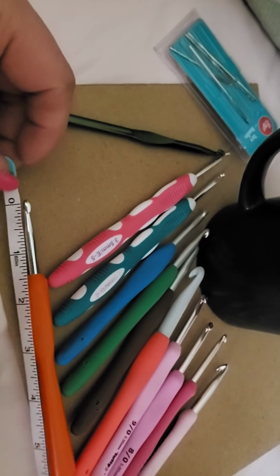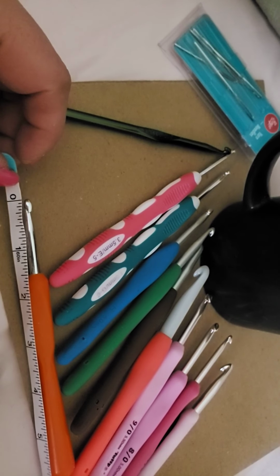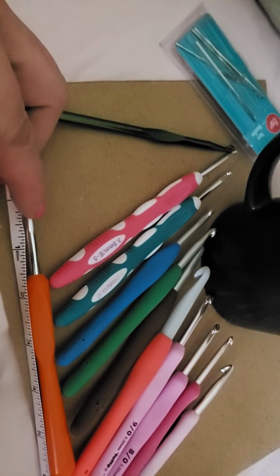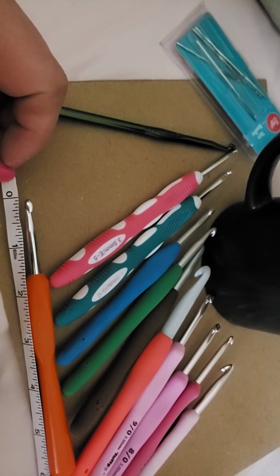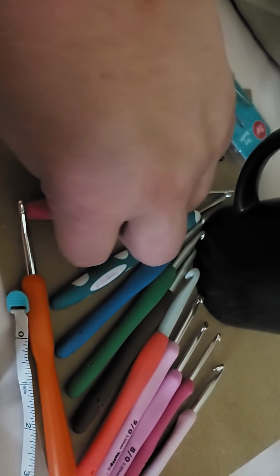Now this one is approximately 6.5 inches. And they all are 6 inches. It's about 1.5 inches from this metal part to the rubber part, okay? And then we have